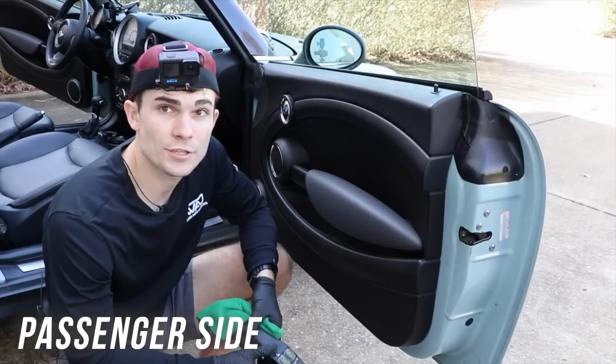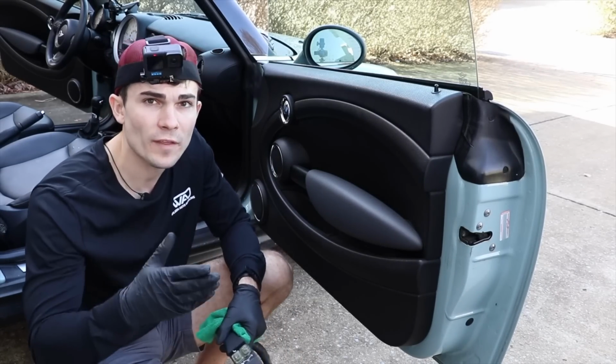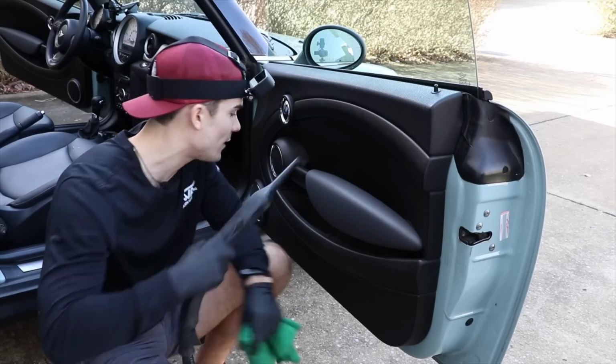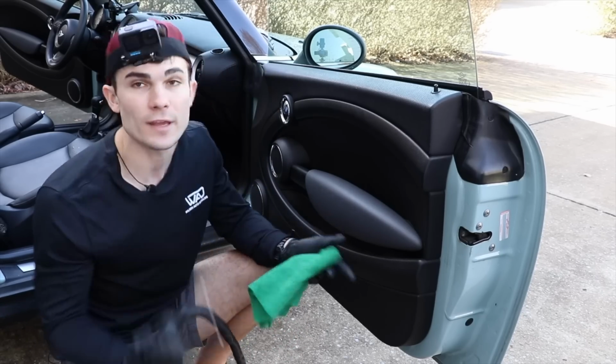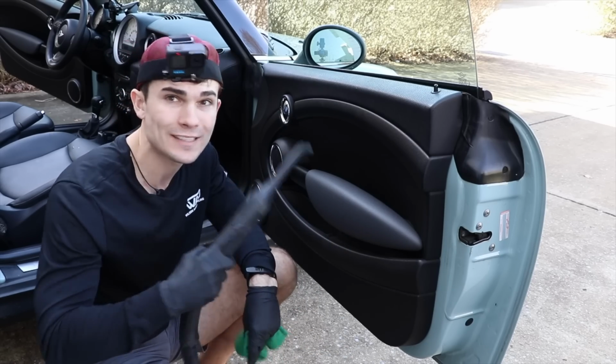Now, as I move to the passenger side door, the cup holder or the pocket areas here are a little bit dirtier. One of the things we can do with a steamer when you need to blow things out, a lot of people make this mistake. They'll take the steamer head and stick it down in here and blow things everywhere, which is totally fine, but you're introducing a pretty good amount of water when you're putting this so directly